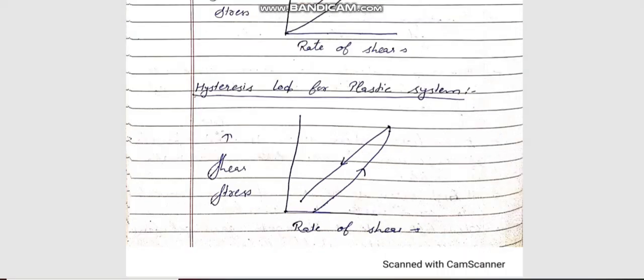Here is another hysteresis loop, for the plastic system. We have to plot a graph of a simple plastic system initially between the shear stress and then the rate of shear, and that graph will represent the up curve. Then from this point, the graph will move downward, and this represents the down curve. And this whole system now will behave like a plastic system.